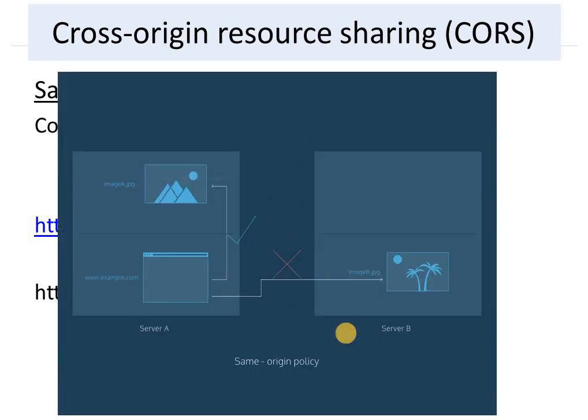Just like in this example, server A is accessing this image a.jpg from www.example.com, and you can access this because it is on the same server. While for image b.jpg, you cannot access it from over here. Why? Because of the same origin policy. That means the resource must be on the same server to access it.